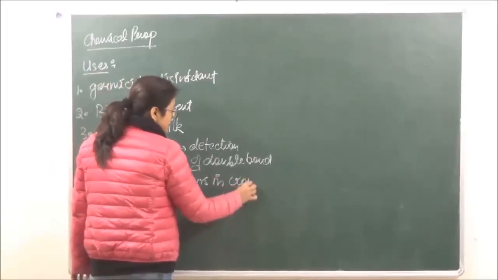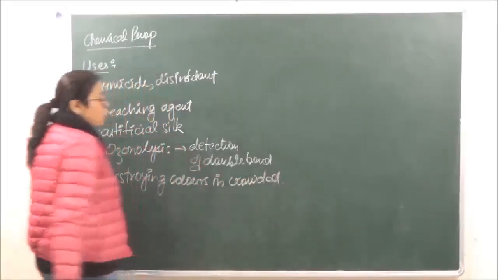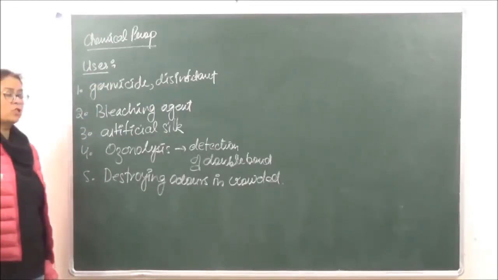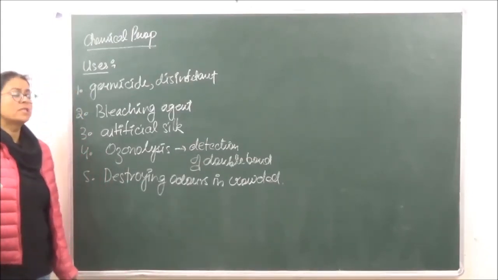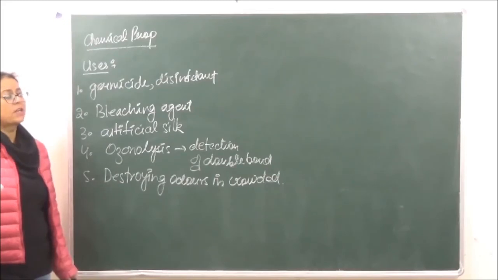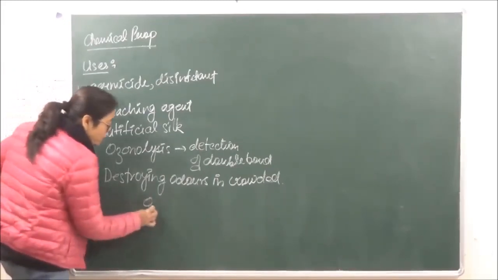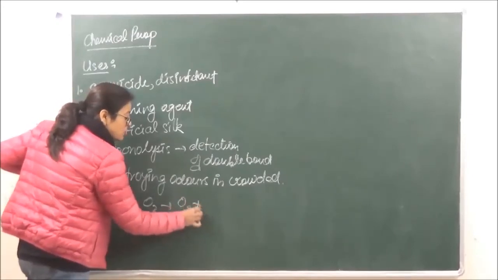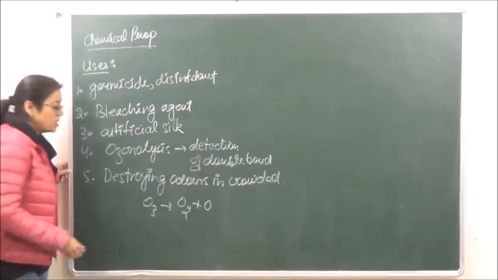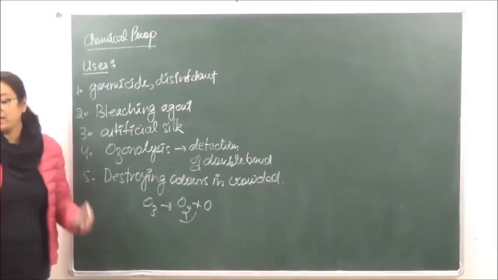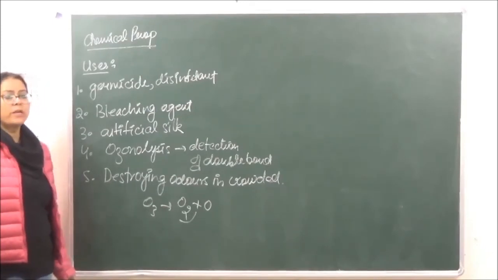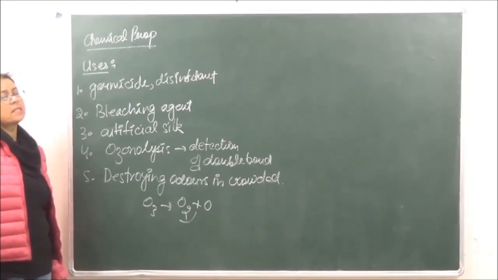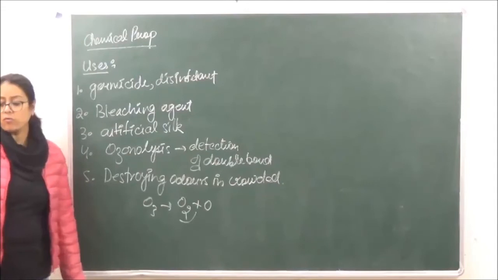It so happens that in crowded places, because the oxygen reduces, there is going to be less oxygen. For that, a stream of ozone is discharged in that particular crowded place. That ozone is going to dissociate into oxygen and nascent oxygen. This is given in crowded places, and as a result it can be used as an agent which can supply oxygen. As far as destroying of odors is concerned,